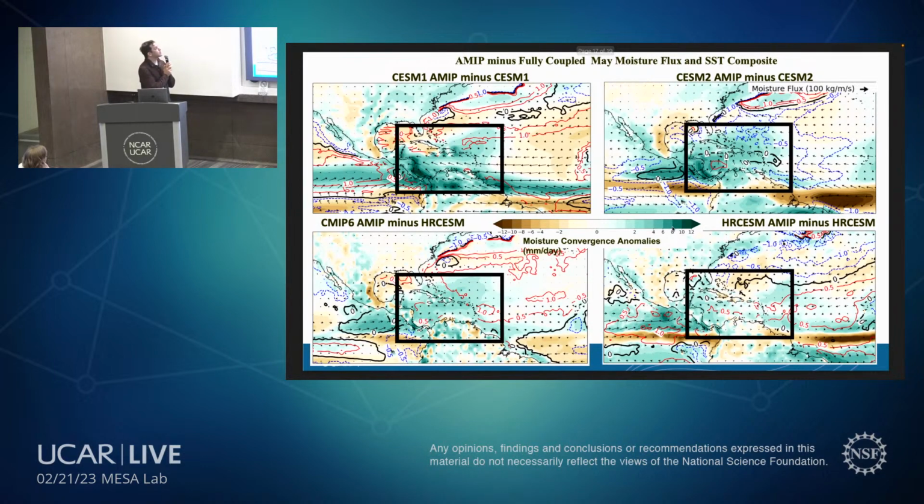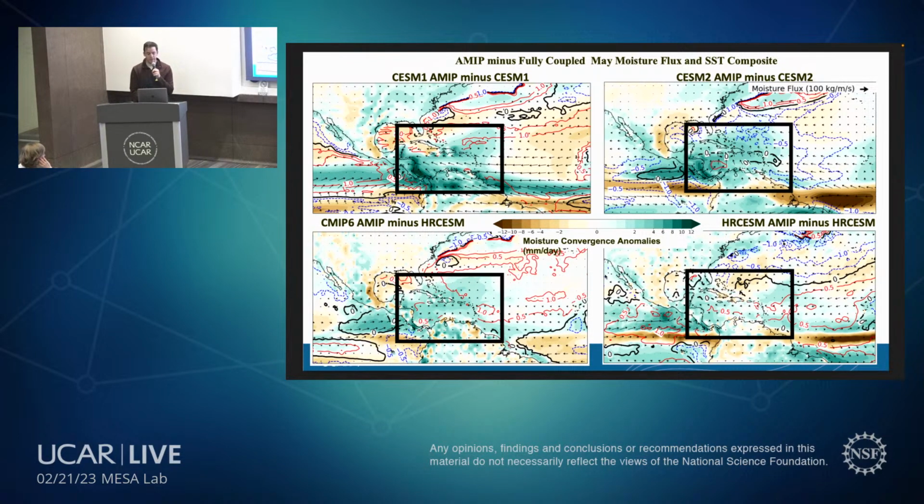And so lastly, this is the total moisture budget analysis that I computed looking at AMIP minus fully coupled runs. And what we see is that the AMIP runs, which again show closer values to the observational spread in both the dynamics and precipitation, have more moisture being advected into the Caribbean basin, with anomalous southeasterlies versus what we see in the fully coupled runs, and what appears to be a cyclonic circulation that's very similar to what I found in those intermodal differences when comparing the AMIP versus fully coupled